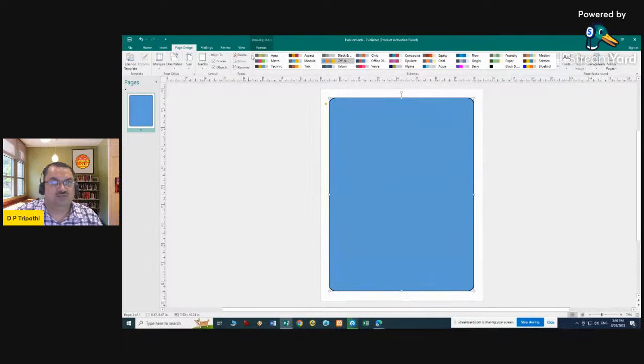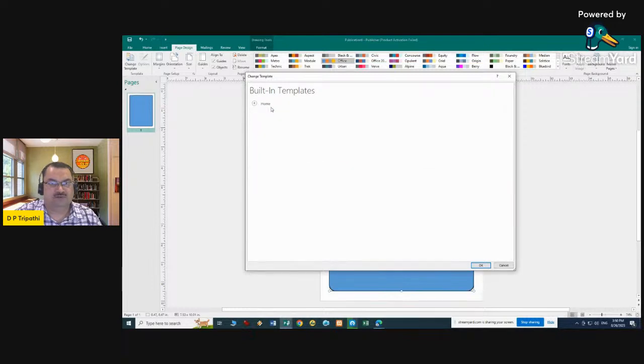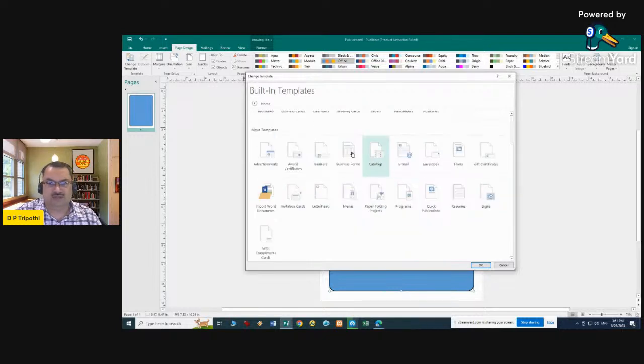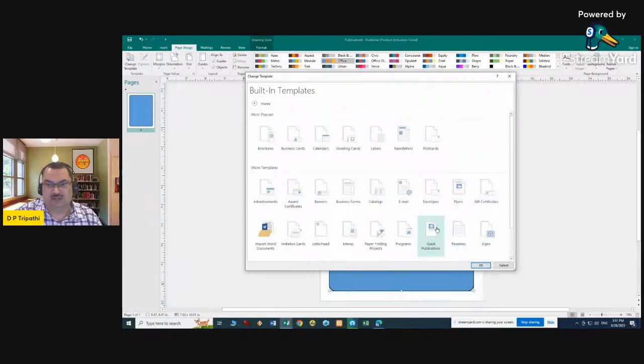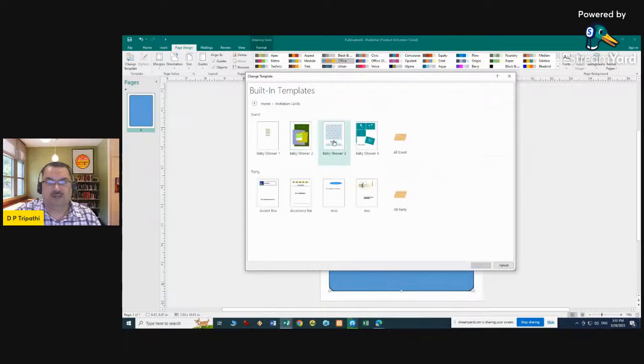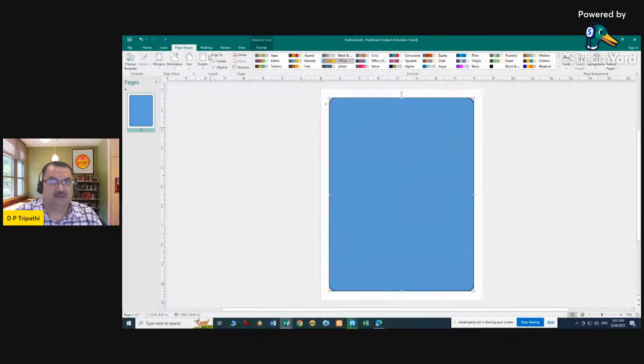Insert. You can choose the different template also if you want. These are the different templates. Suppose you are creating a catalog, business form, email, envelope, flyers, gift certificate, award certificate, advertisement, whatever you want to create, you can have it, and accordingly you can choose it. Some of them will already be given, so you can choose or you can design here. Once you are done,